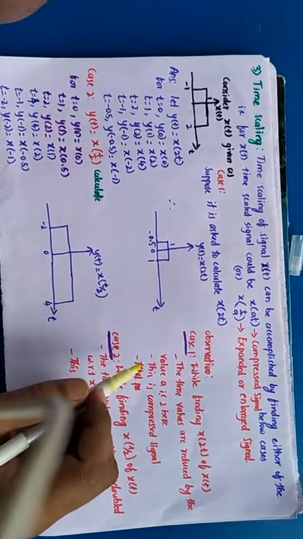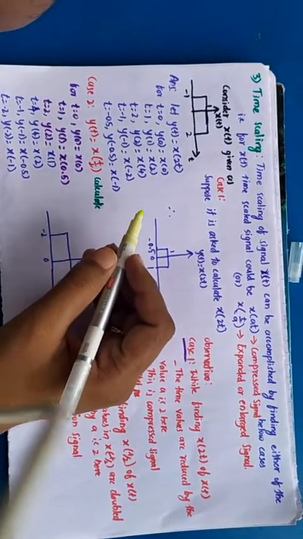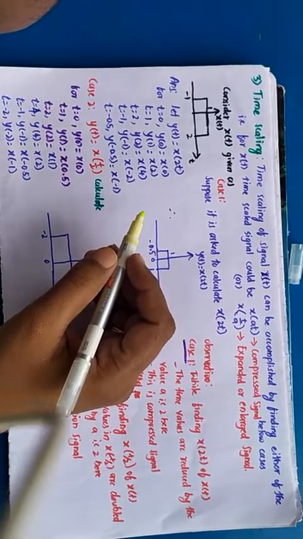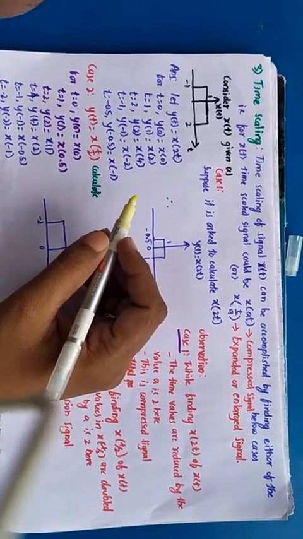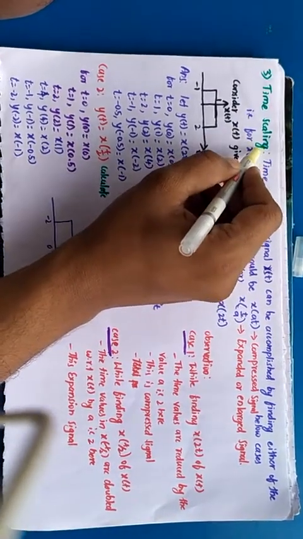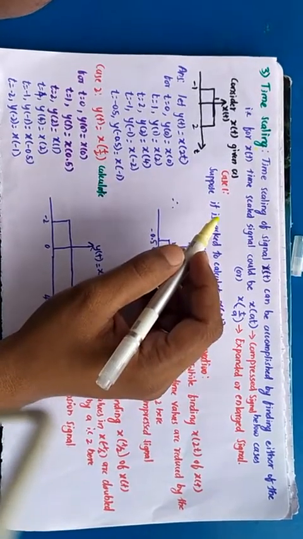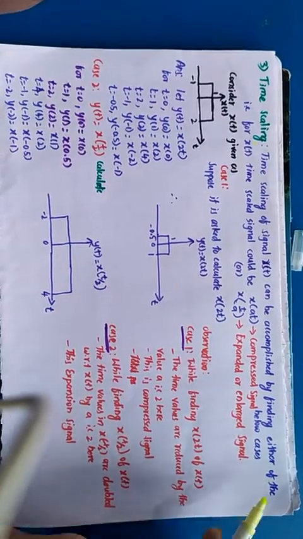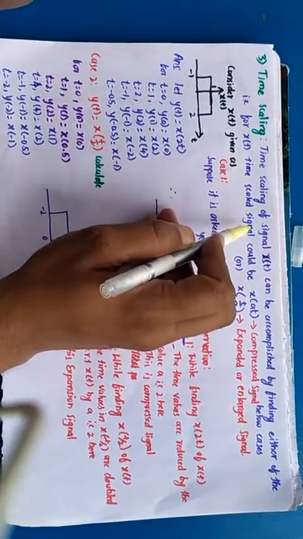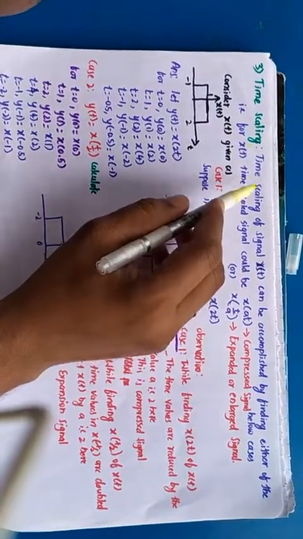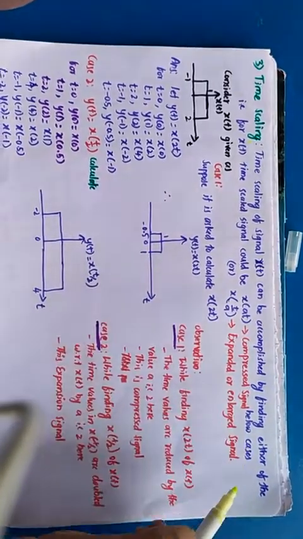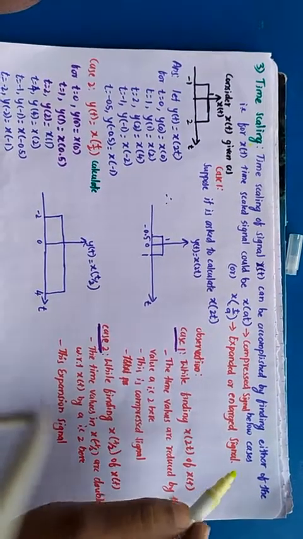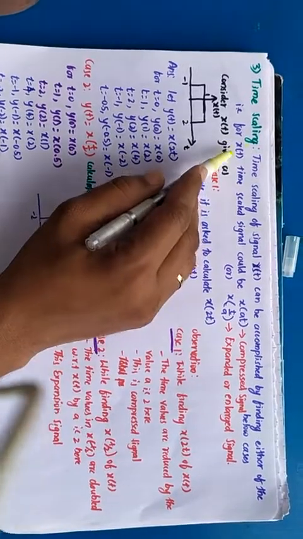Okay, now it is the third operation on the signal, that is time scaling. As you can see, time scaling on the signal x of t can be accomplished by finding either of the below cases. What are those cases? For x of t,